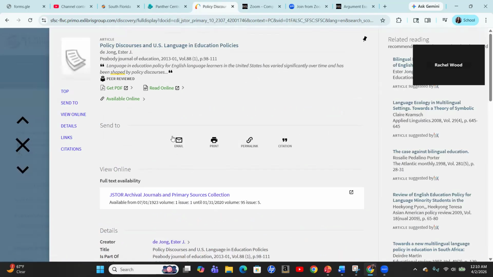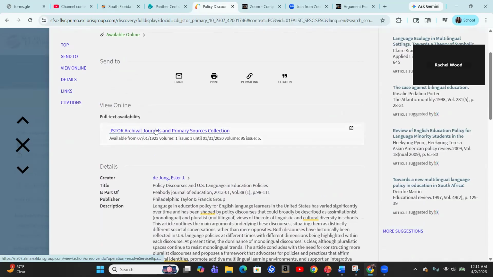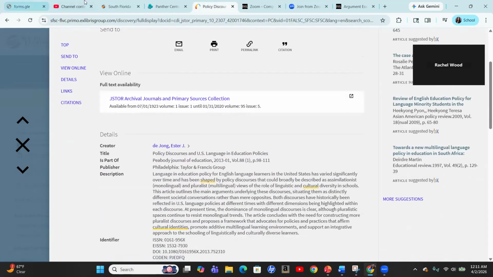This is from an educational journal. So this is language and education policy for English language learners. So I'm just going to click on that and click on JSTOR or look on the abstract. And this is talking about ELL learners and how it's shaped by policies that can be described as assimilationist and pluralist views of the roles. So it doesn't take into consideration cultural diversity in schools. This one would be a much better fit for cultural identity being shaped by society, which is one of the